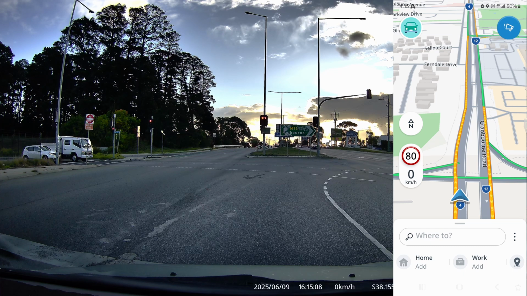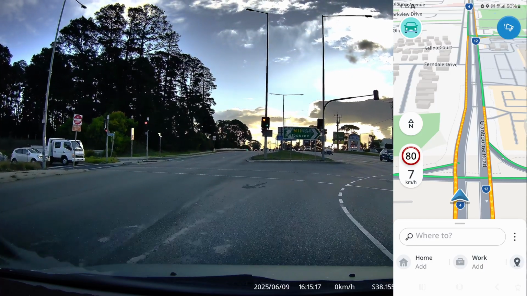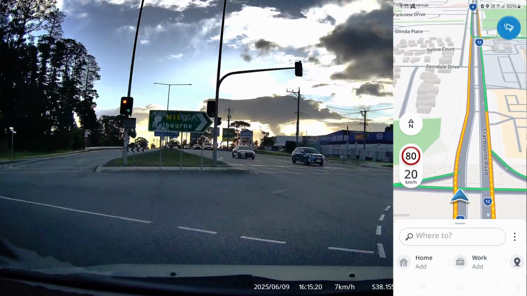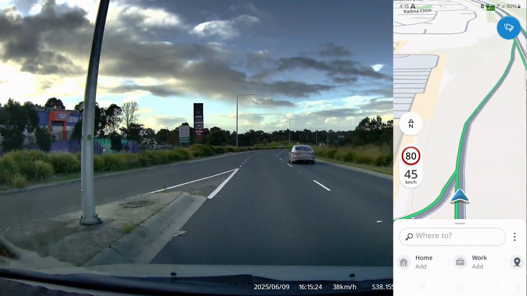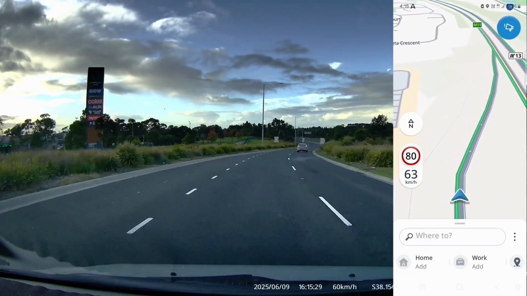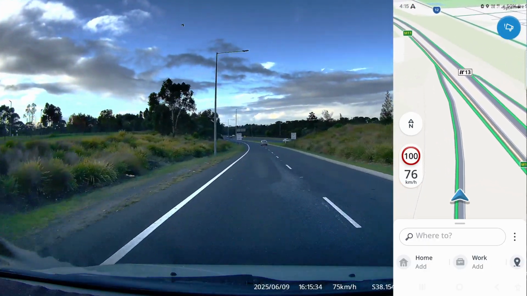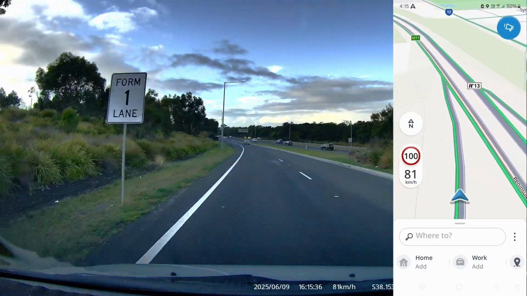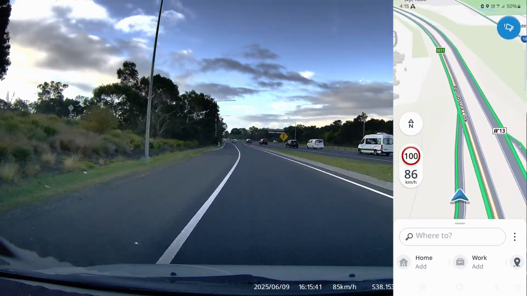I actually like to test it as a route, because sometimes some apps do better or do more things when you've got a route that you need to follow. And then I also like to just have it as a driver's aid as you're going along. If you're speeding, it will alert you to the fact that you're speeding. If there's a camera, it will alert you to the fact that there's a camera. So I like that type of aid for when I'm driving. Do I need it? Well,